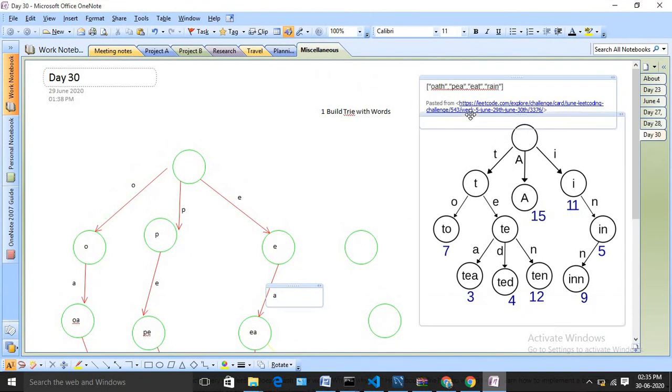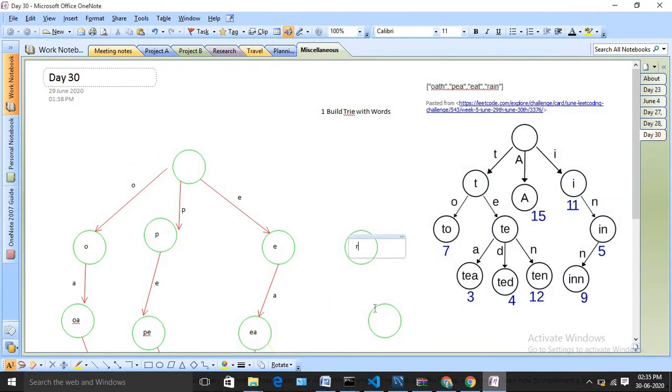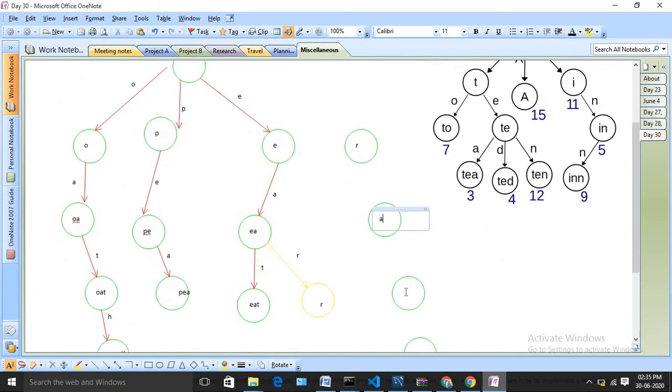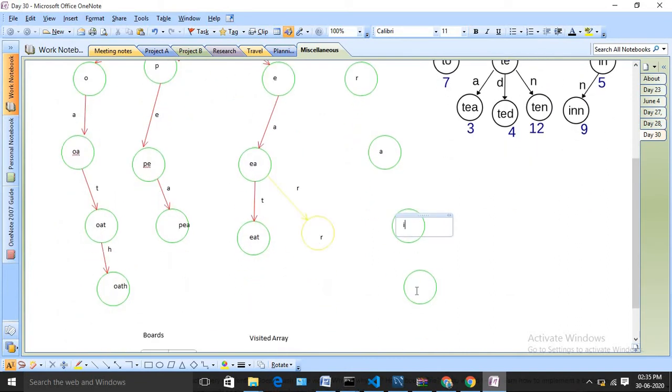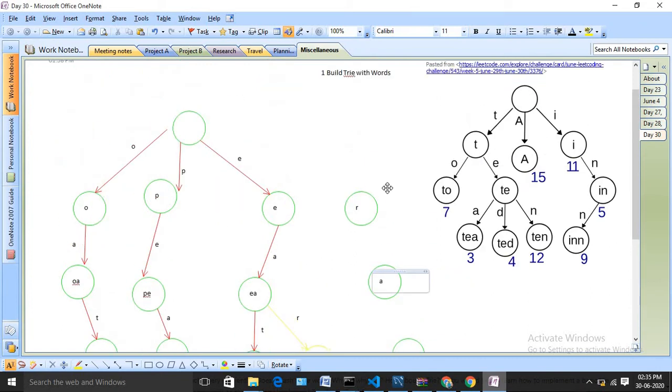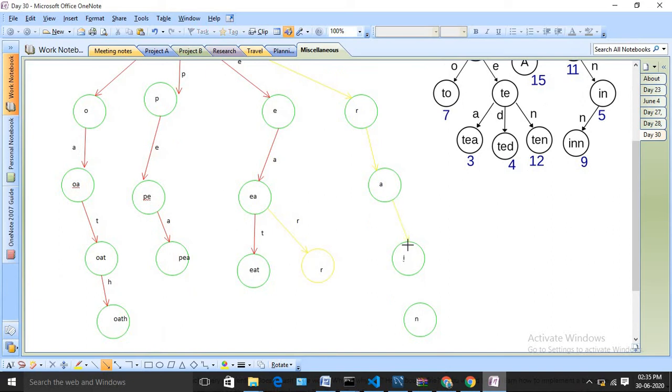If you similarly insert RAIN, it will store A here, it will store I here, and it will store N here, right? So basically this is how the trie will be built. You need to build the trie this way only. So our first step will be, whatever we are getting as input, we need to build the corresponding trie for each and every word of that array. Let me complete it also. This is how the word RAIN is stored.